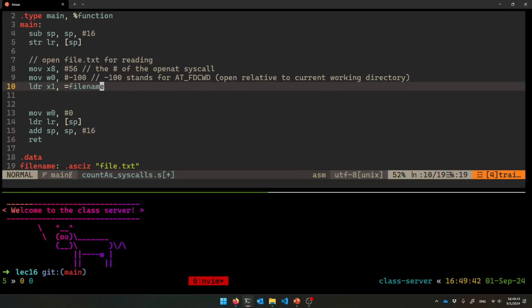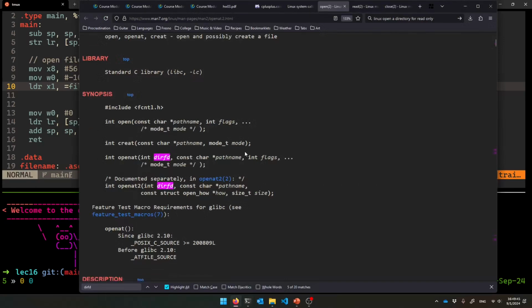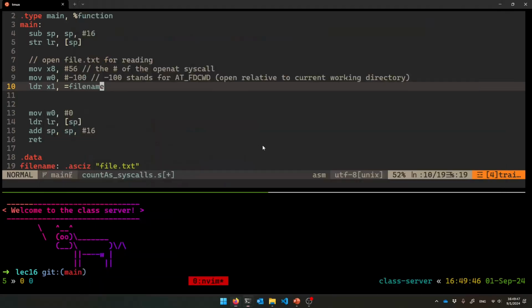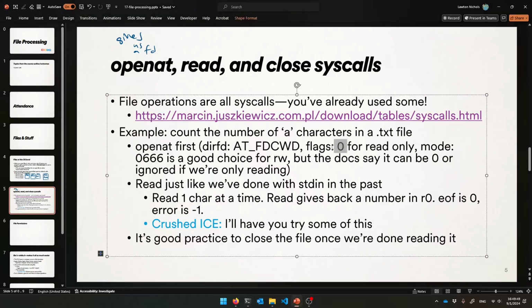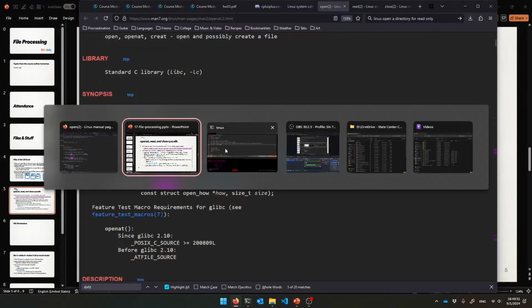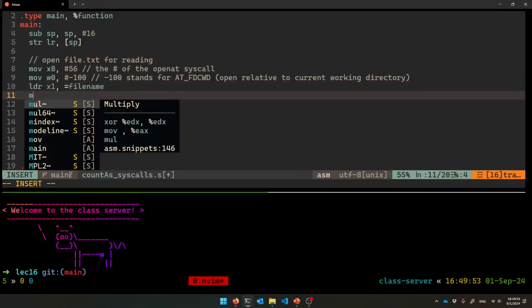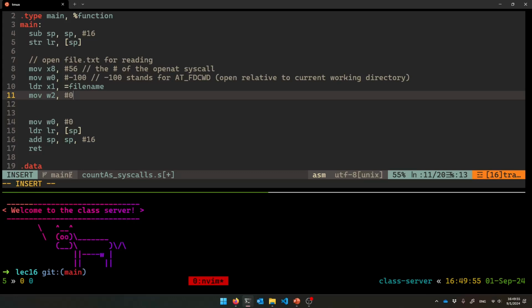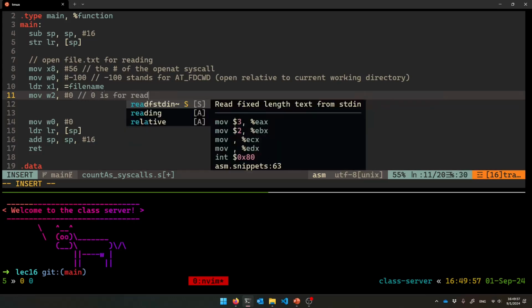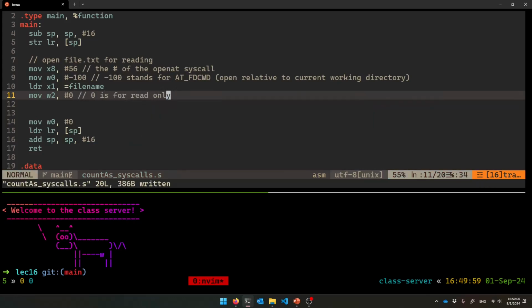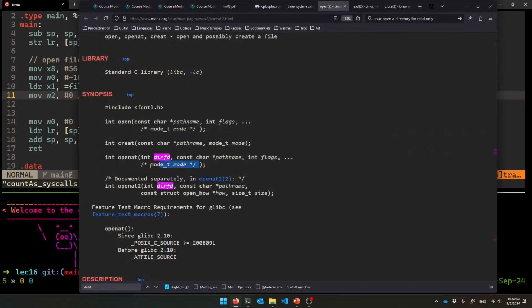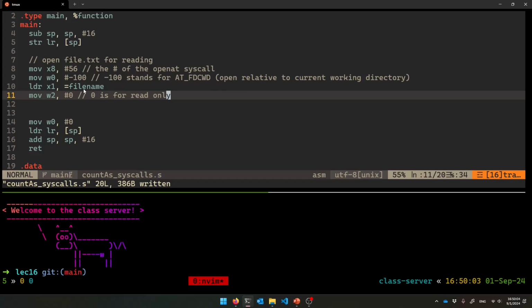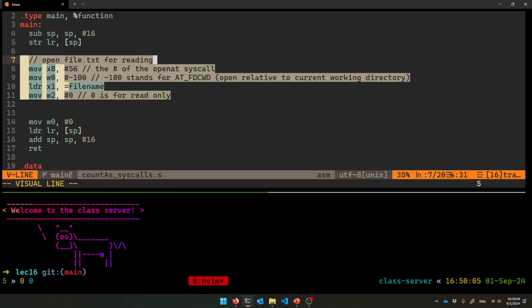And then we would like to open it with flags. That's going in W2 because it's an int. Flags can just be 0 for read-only, or just want to open this file for read-only purposes. So move into W2 the number 0. So 0 is for read-only. And because we're opening the file just for reading, we don't care about this mode thing. That's only for writing when it's trying to create that file. All right, so let's make the syscall,